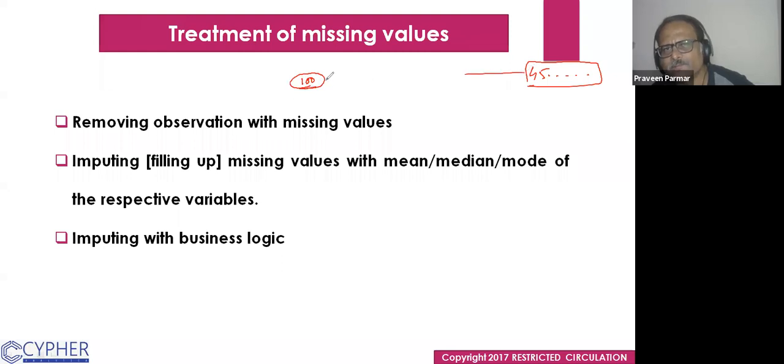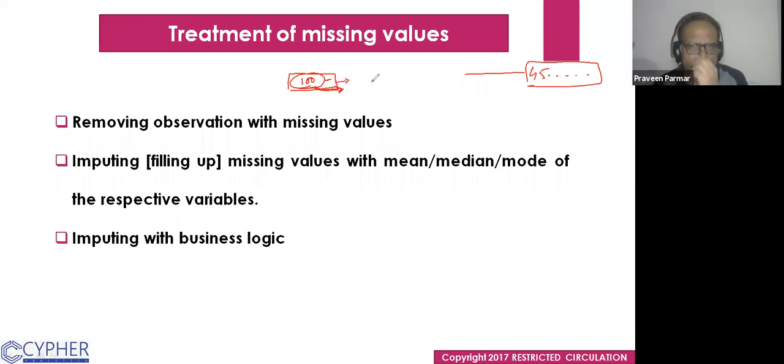Got it? So if you remove those 100 observations out of 45,000 something observations, it will not make a big impact on your result. Am I right? It's a very small portion we are removing from the data.